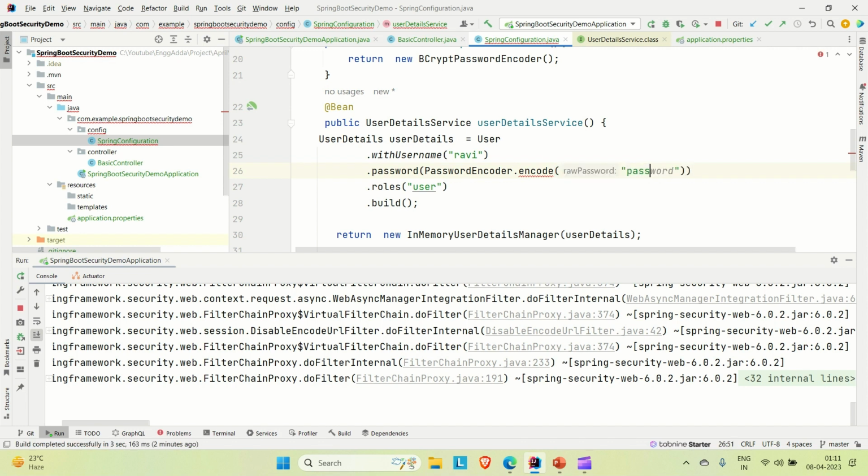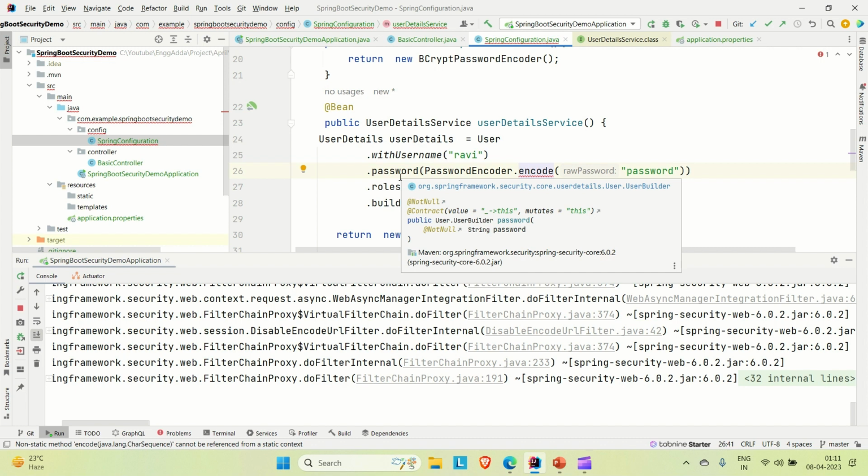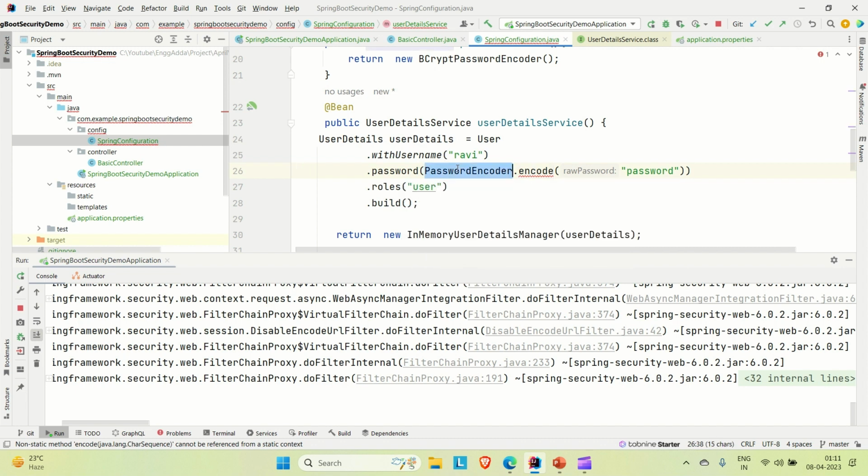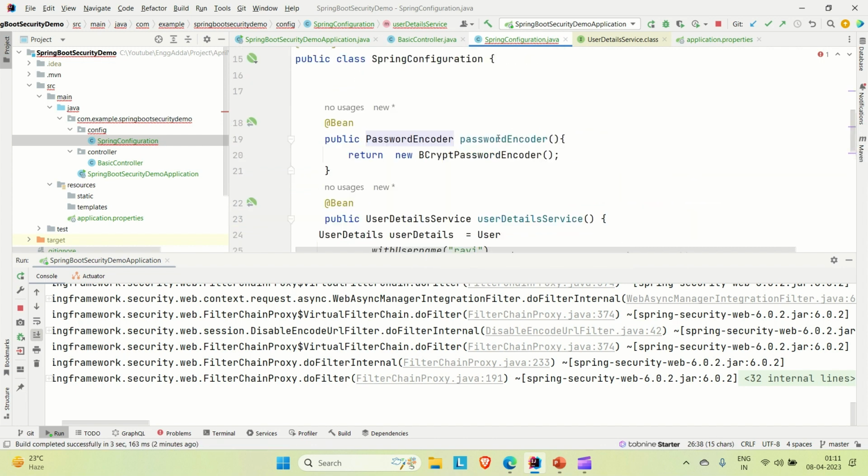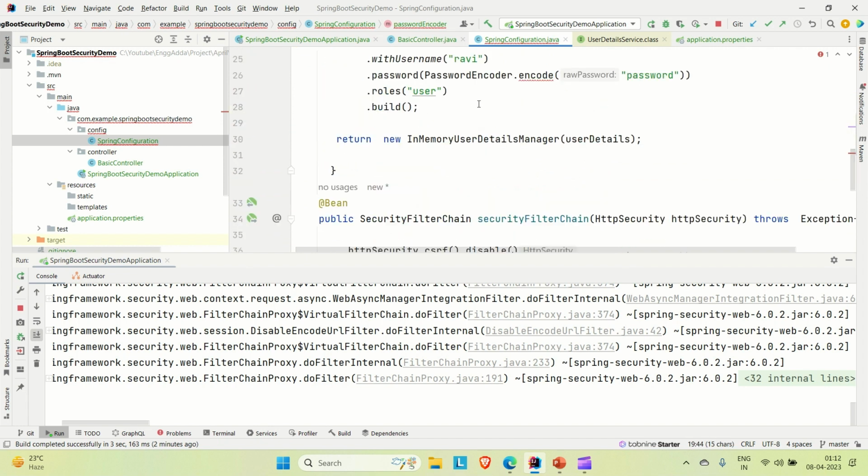Let's say password is password. Okay, why are we getting this? Okay, so we are using the interface. Let me try to use this method. Copy this, come here,